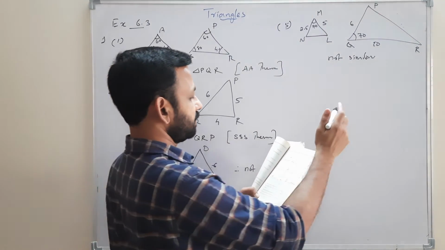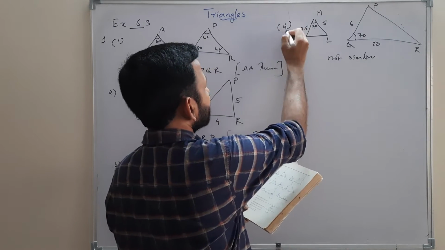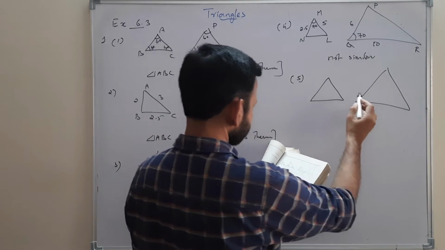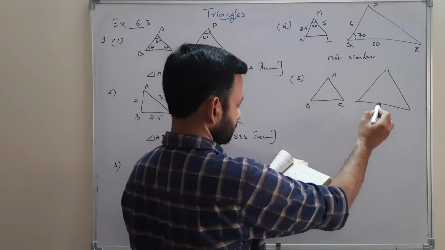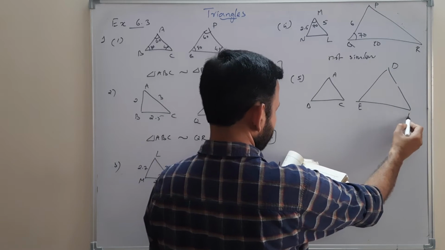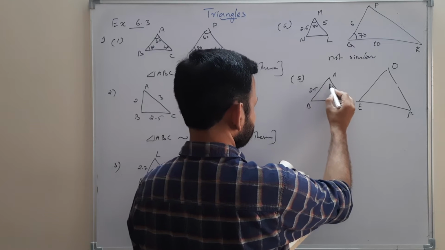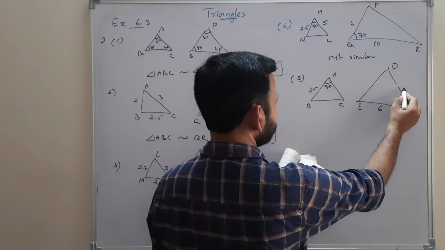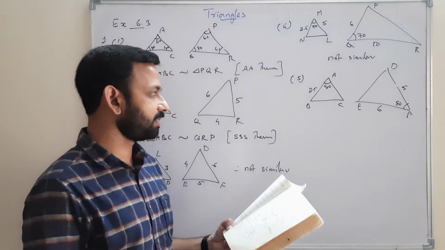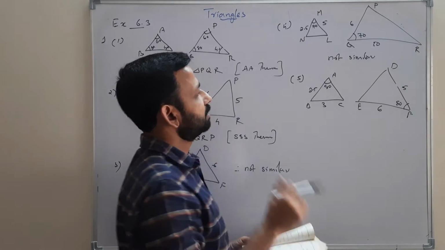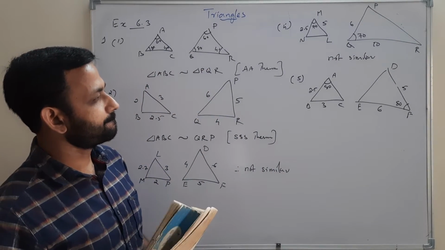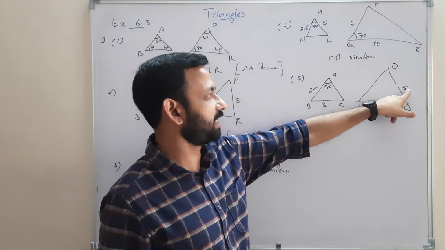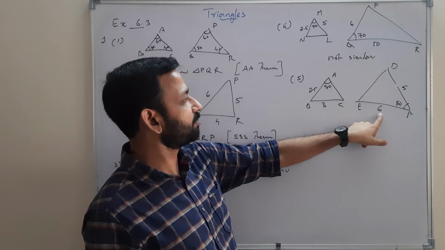Now we will do, this is actually 4th part. Now we can do 5th part. And here also we have two triangles. Triangle ABC, triangle DEF, 2.5 and 80, then 6 here, 80 and 5. Included angles are equal, and here we have 3. Then two sides are in proportion, 2.5 upon 5, that is 1 by 2. 3 upon 6, that is also 1 by 2.